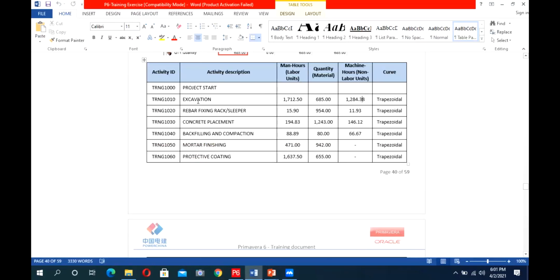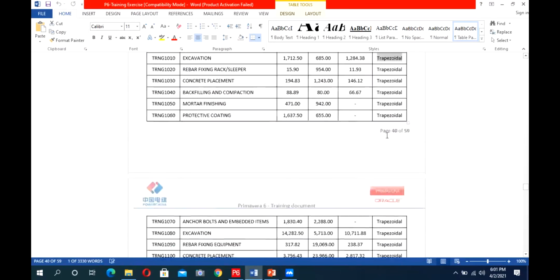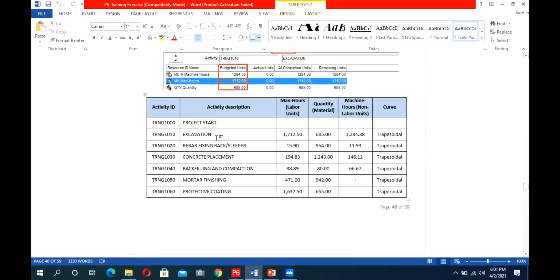For excavation, you have the budgeted unit for labor resource, budgeted unit for material quantity resource, budgeted unit for machine hours, and you have the trapezoidal curve also assigned for it. It's the same curve for all the activities. So we will assign the curve later from global change, and we will just add the resources and give their units.